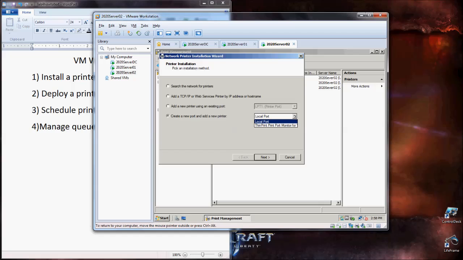And if that's what you want, say you had a lot of printers going through one port, you could create a new port. That way it minimizes and breaks up the traffic coming in through to the printers. Go ahead and make sure that the third option is selected with the LPT1 printer port selected from the drop down